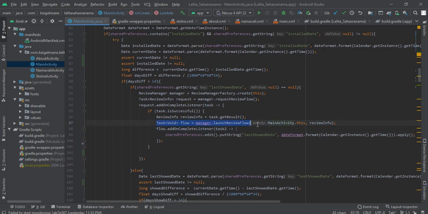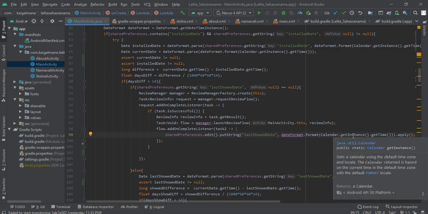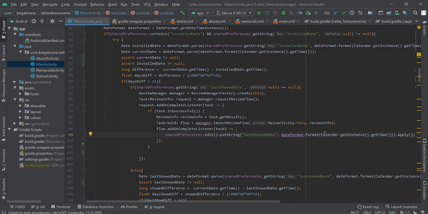Here, launch review flow is properly defined in the Google documents. And we are writing the last showed date as today's date. That means the review pop-up was shown. If it's more than 14 days but never shown, we are using this one.